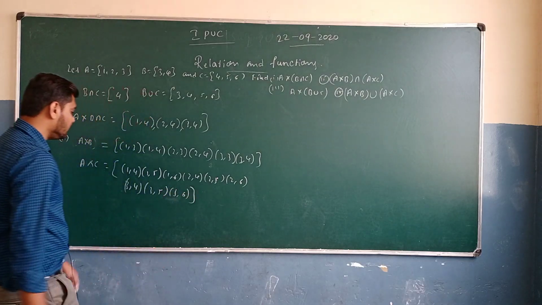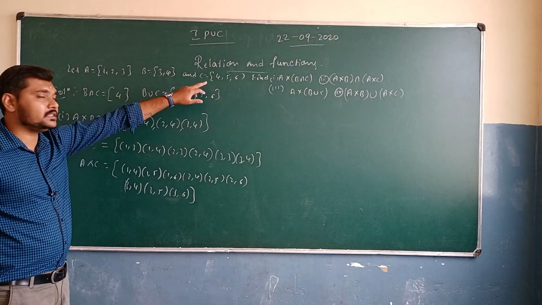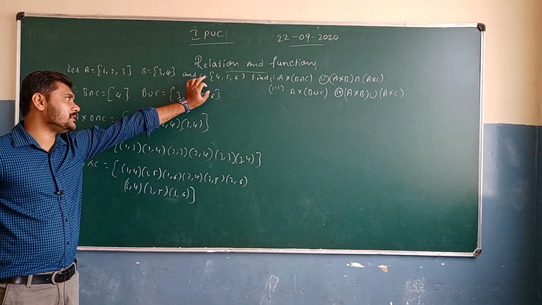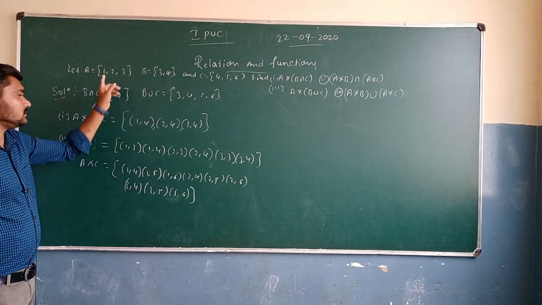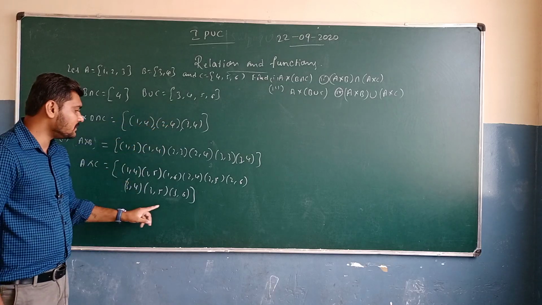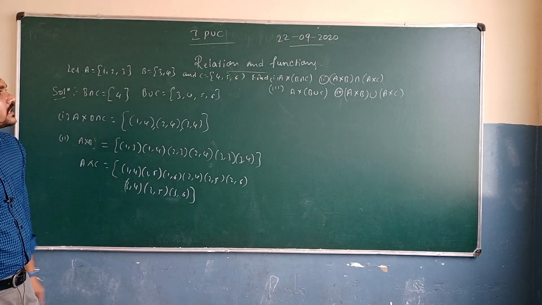So there are 9 elements, 1, 2, 3, 4, 5, 6, 7, 8, 9. So we have 3 elements here, 3. And again, the number of elements in C is going to be 3. So 3 3 is 6. Sorry, 3 3 is 9. That's going to be the 9 elements in B, A cross C. So we need to find A cross B intersection A cross C.